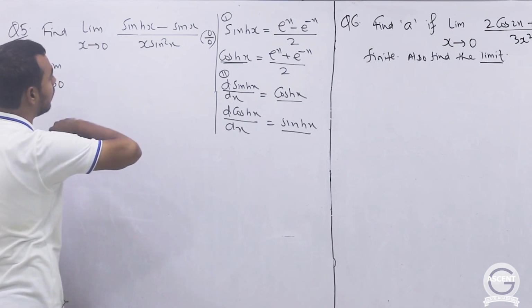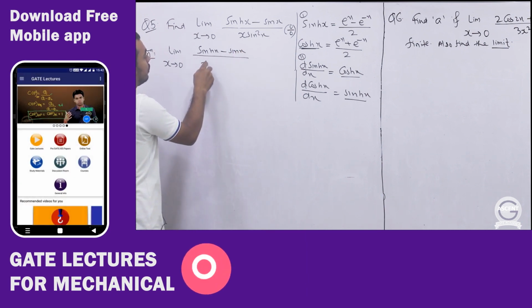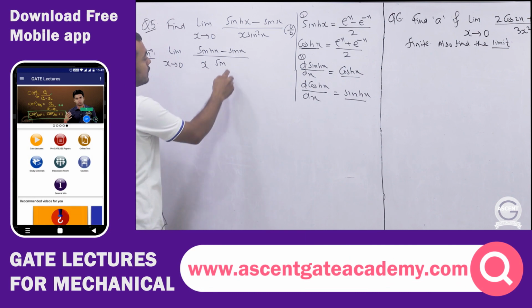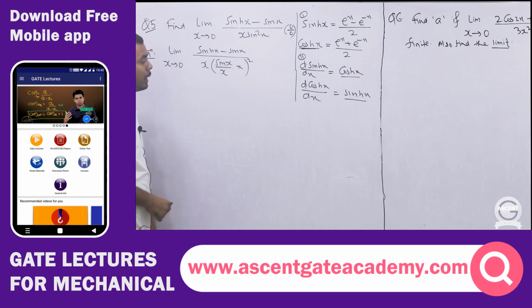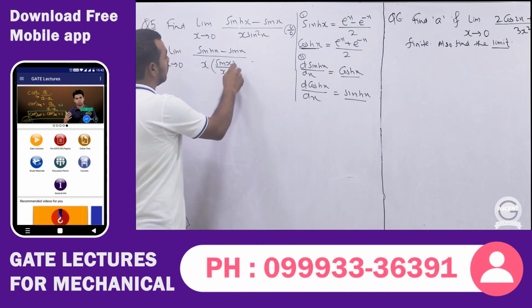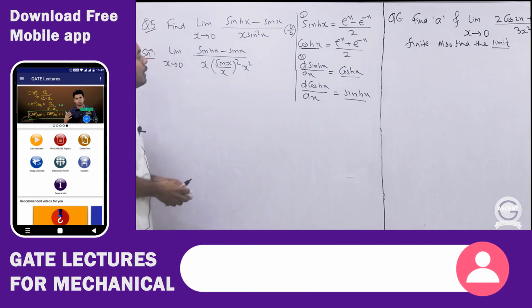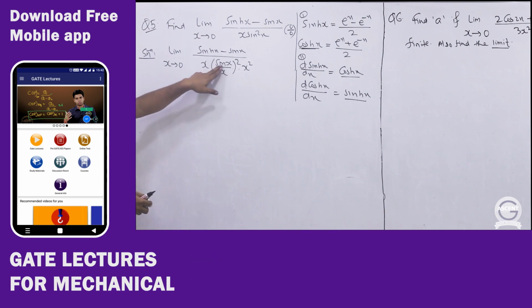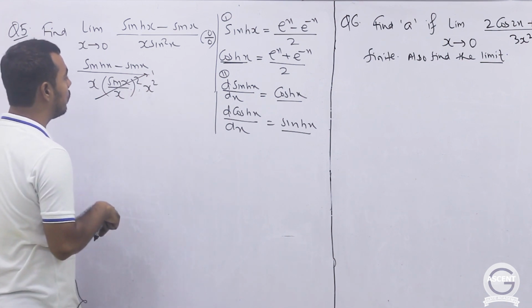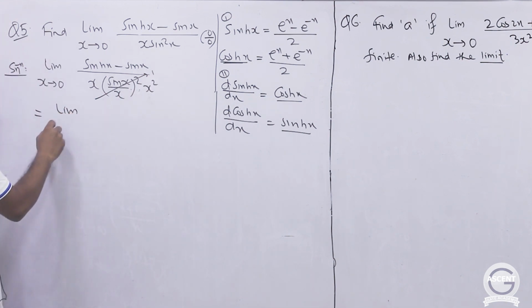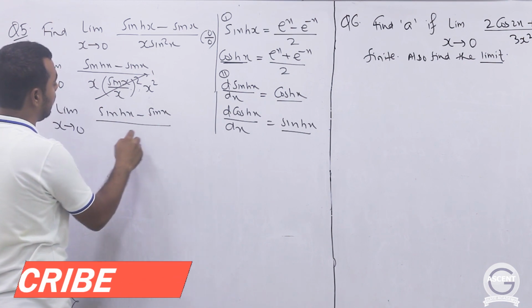Here, if I have to apply L'Hopital's rule, in the denominator you can easily see that you have x into sin squared x. Now this can be written as (sin x by x) into x squared, right? Or maybe I can write this into x squared, because this x squared and x squared will cancel, you will get the same thing. Now why am I writing this? Because we know that sin x by x when x is approaching 0 is 1. So this term will become 1, and finally your limit will be limit x tending to 0 of (hyperbolic sin x minus sin x) by x cube.